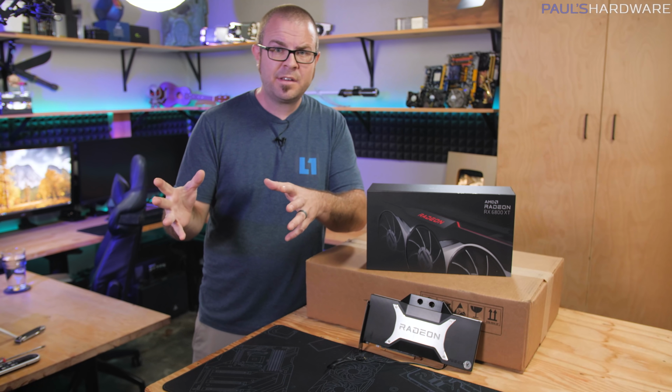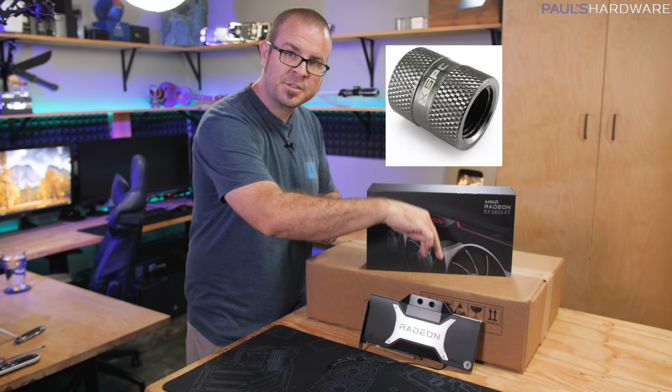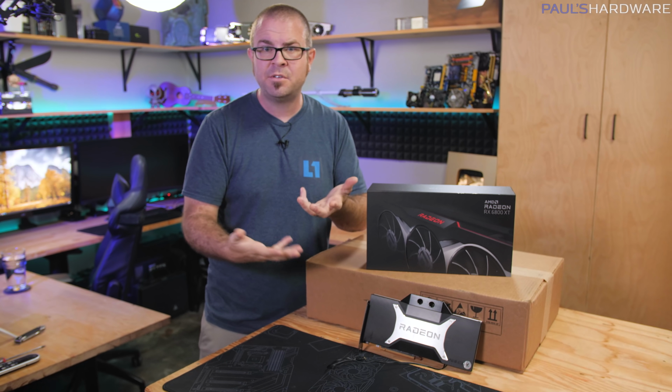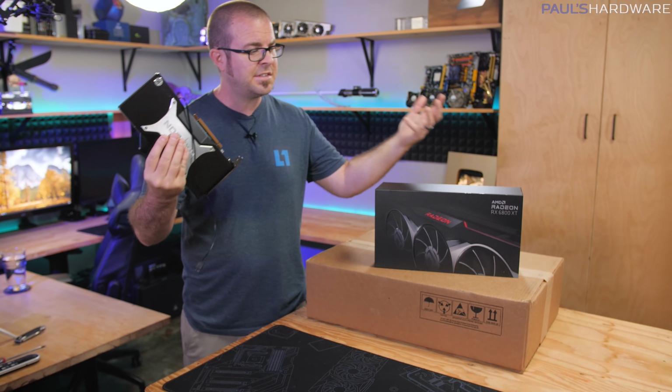In the meantime, I shipped Michael a G1/4 bypass fitting so he could undo both connectors from the graphics card and then reconnect those so he could still have the loop going for his CPU to use his RTX 2060 GPU so he could use the system in the meantime. And so after another month and a half or so of waiting, it brings us to today, which is that